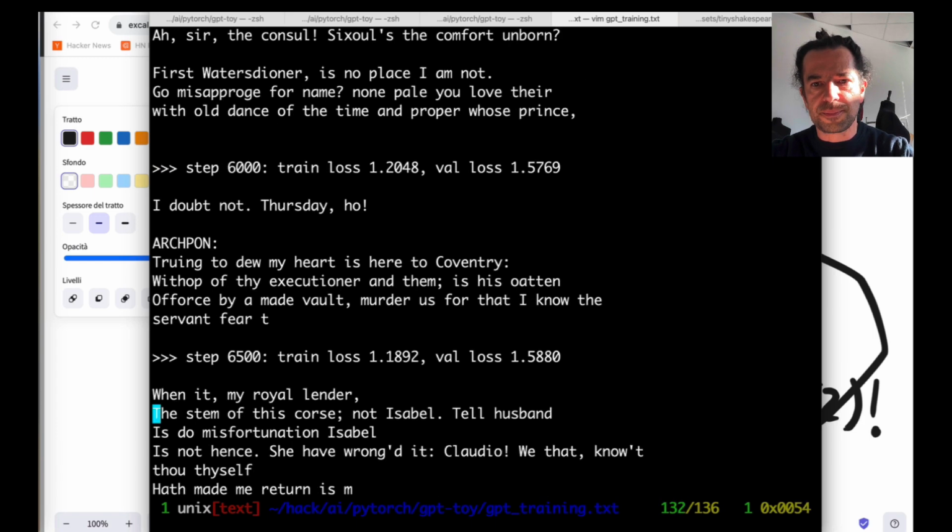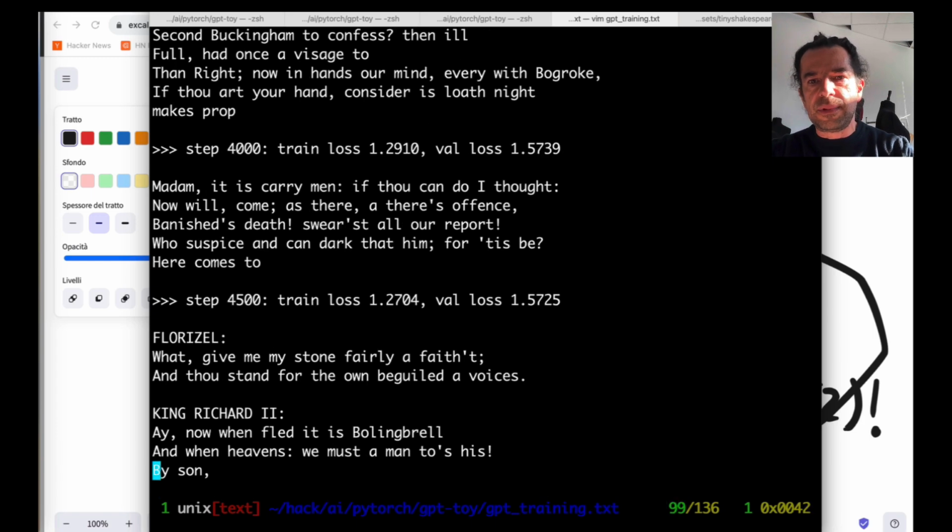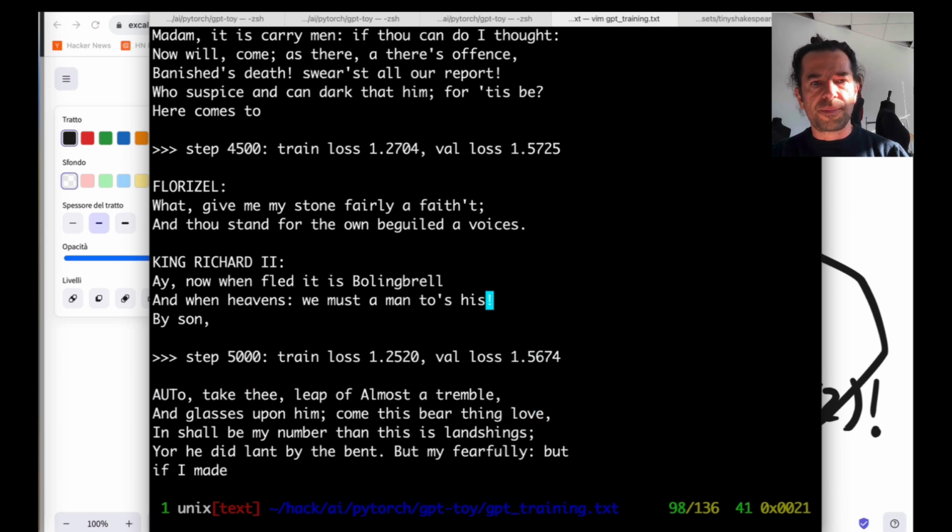Let me see, the minimum is 1.57 or something like that, and it will perform better, will invent fewer words, most words will be existing, and so forth.